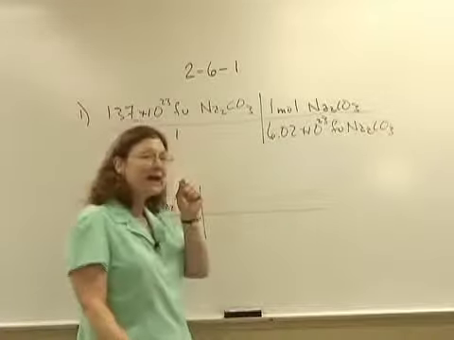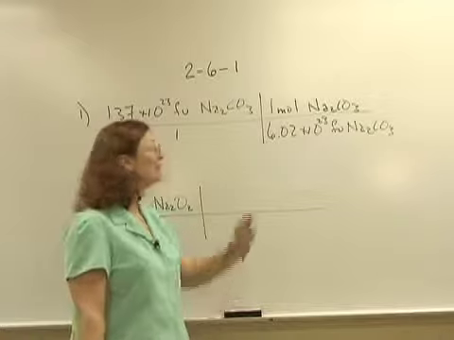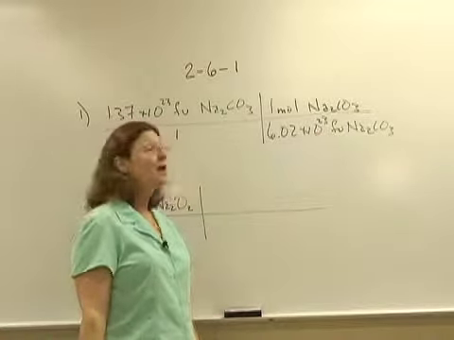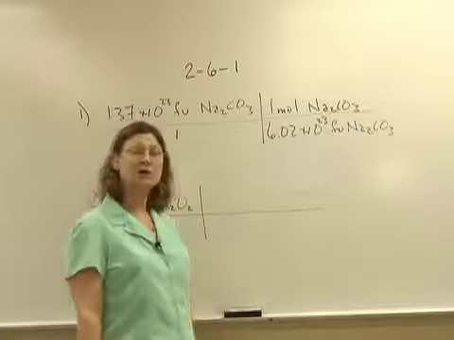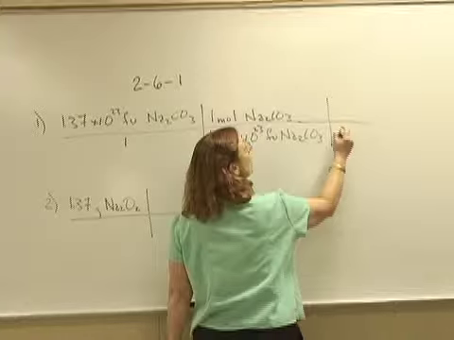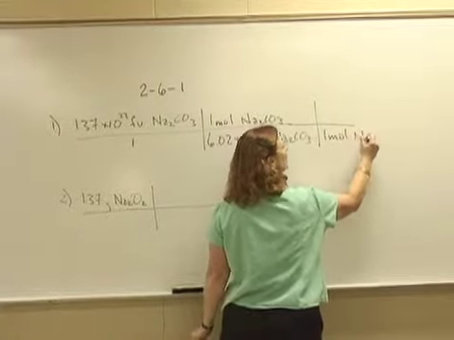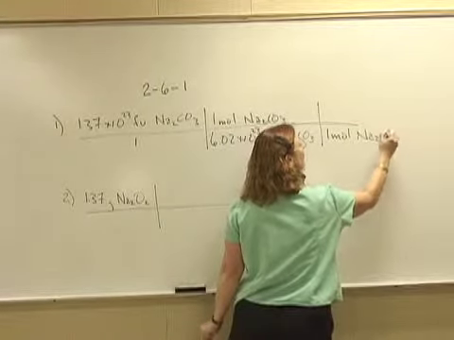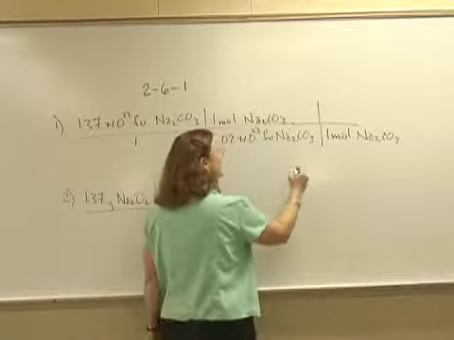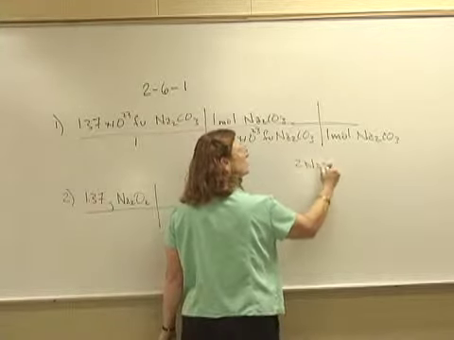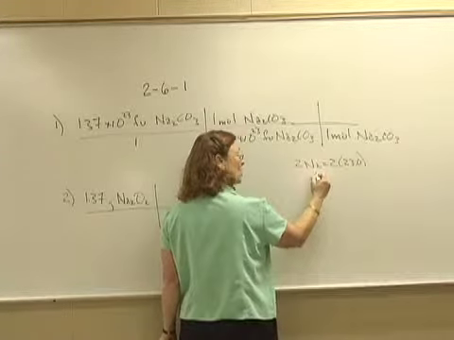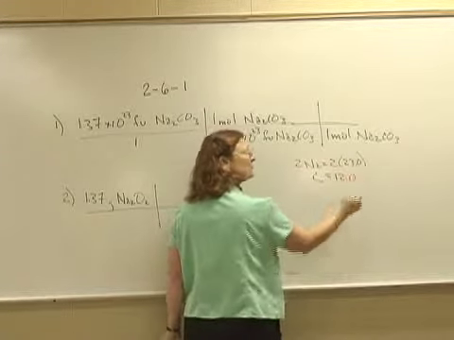Formula units are the tiniest of particles. Therefore, I need many, many, many of them to get to a mole. Now, once I go to moles, I can go to mass. And in order to do that, 1 mole must be in the bottom, and the AMU in grams must be on the top. Now, we have 2 sodiums, which is 2 times 23.0, and we have carbon, which is 12.0,